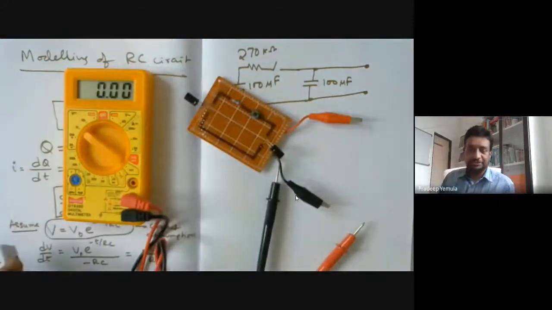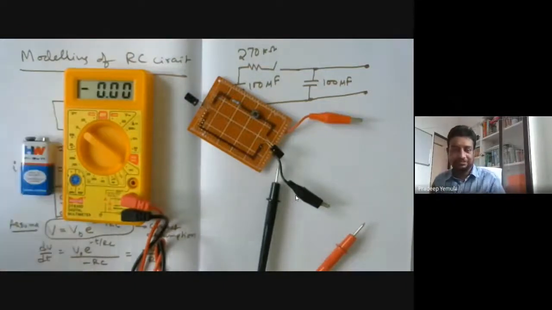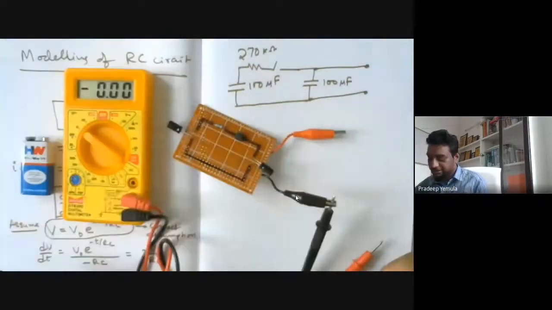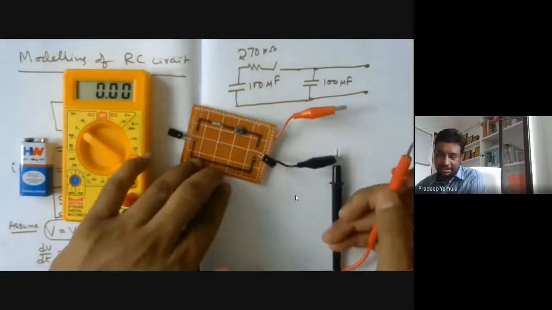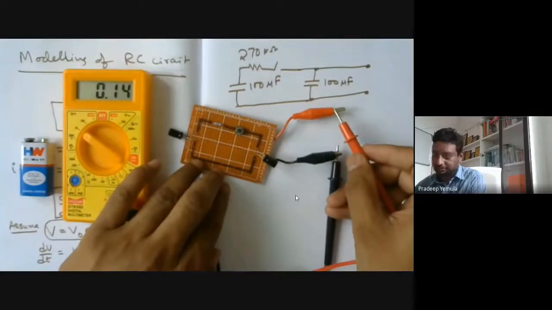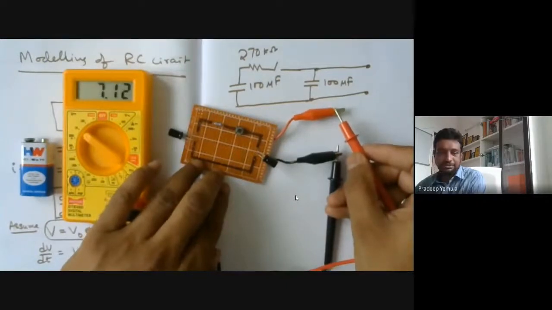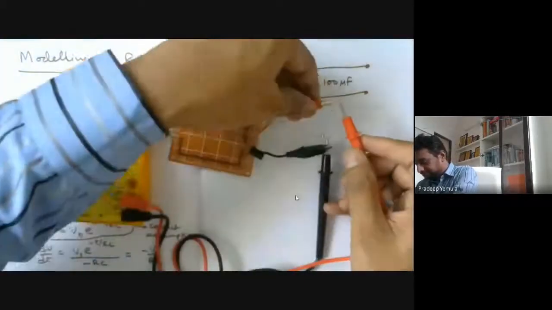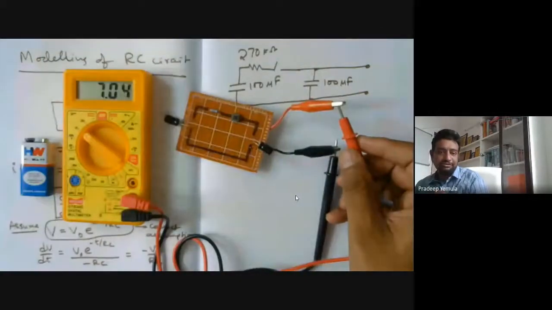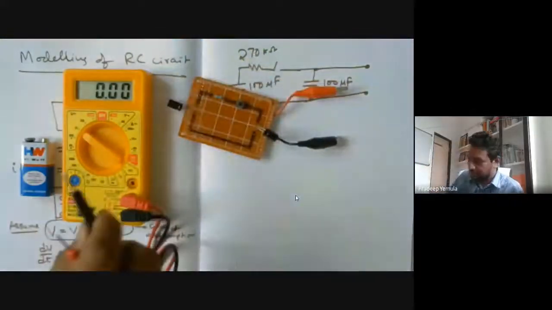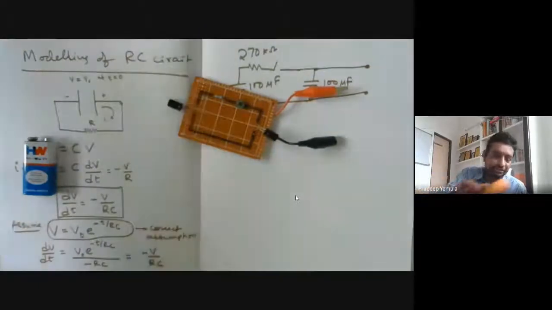Why does the capacitor charge so quickly? Because there's no resistance. If I touch it, it will immediately charge. So I will verify whether the capacitor charged. Now you can see this. Negative side I connected, now positive side I'll connect. So 6, 7 something it is showing. So 7. Already it lost one volt, but anyway, the starting voltage is now 7 volts.